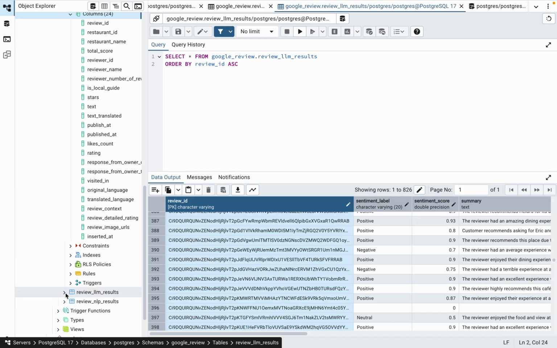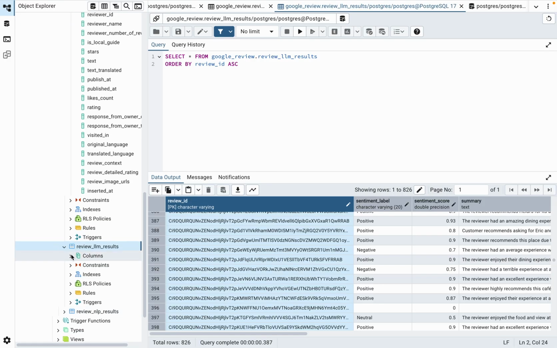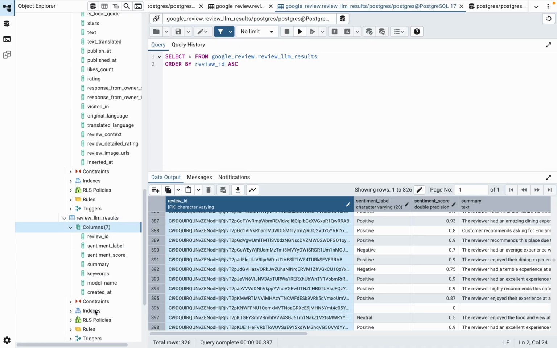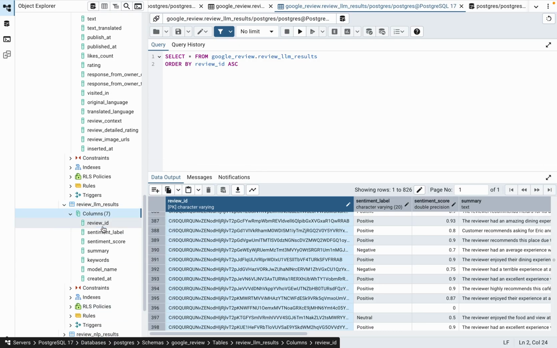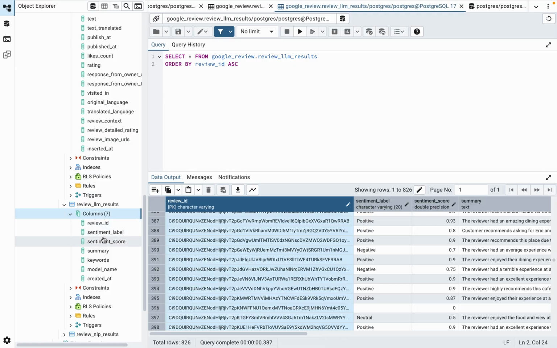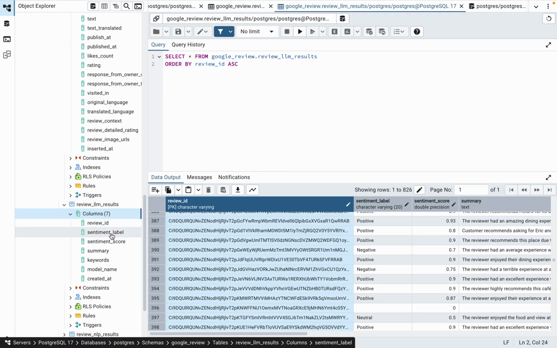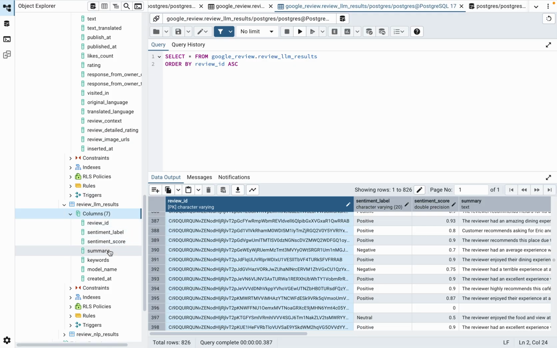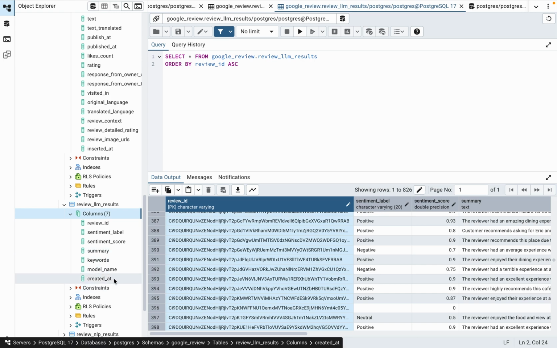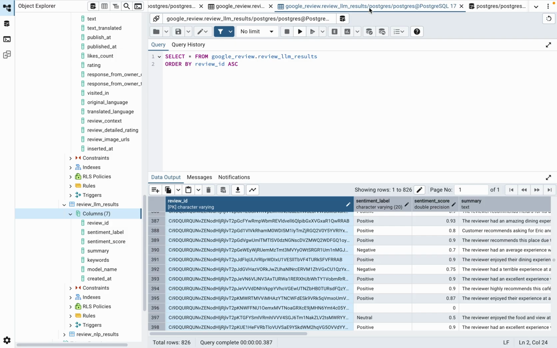And this is the table for my LLM result, where I used Ollama to create the data. Here I have restaurant ID, sentiment level, sentiment score, summary, keyword, model name, and created at. So this is my LLM.